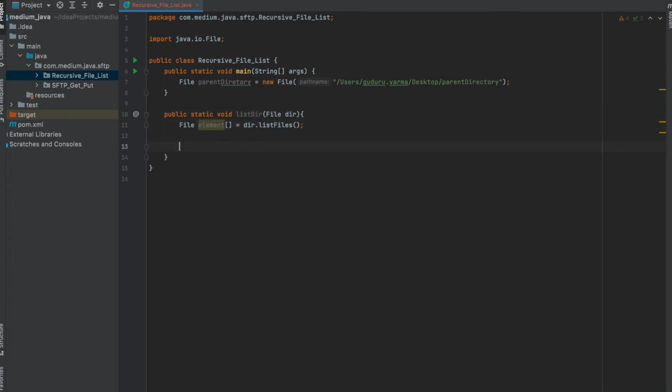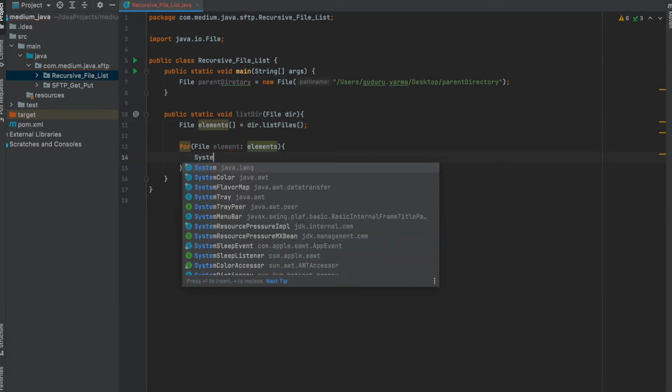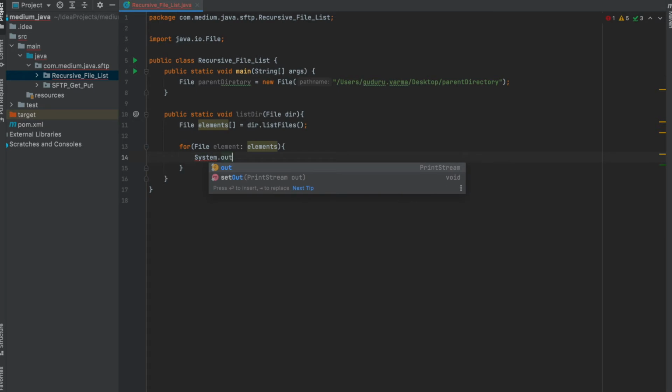Now we will be iterating through all the elements: for element in elements. Let us print out what we see.